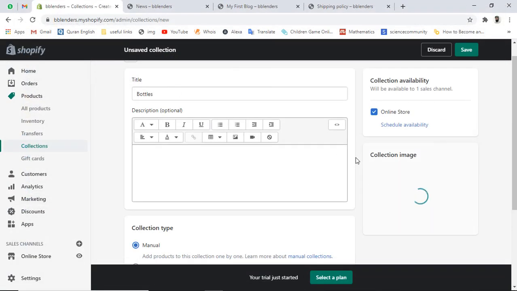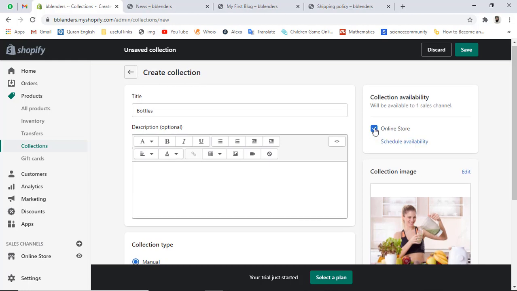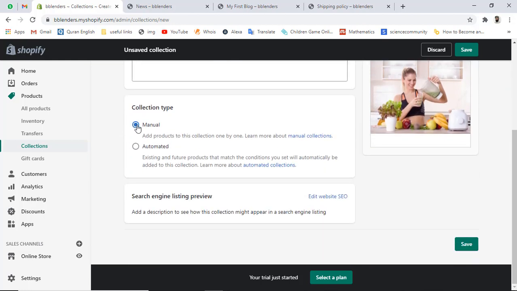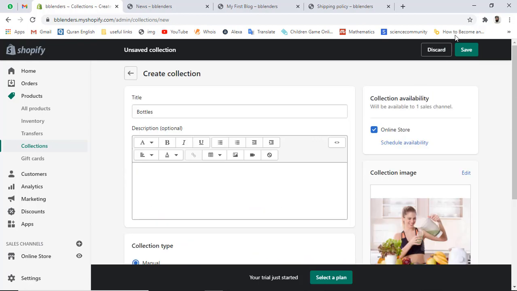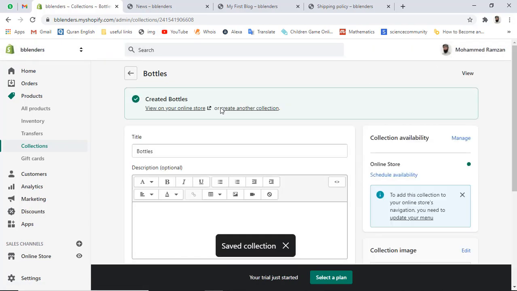So I have selected the image, and make sure that you have already checked this checkbox for keeping it public, and then we have to select manual, and finally we have to save. So for now we have created 3 collections actually, and these are enough. Now let's move ahead with the next step, which is